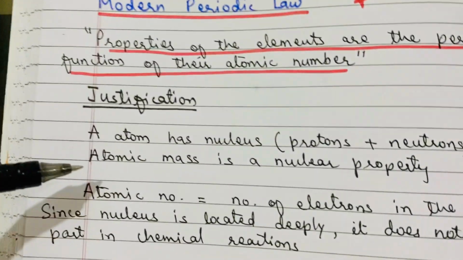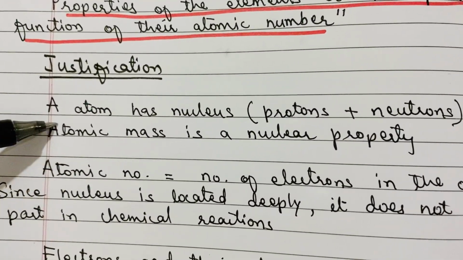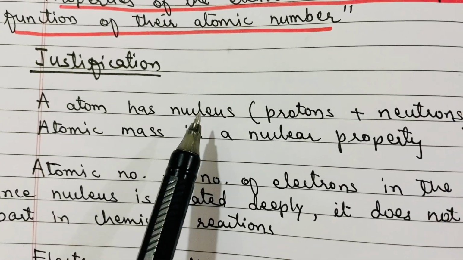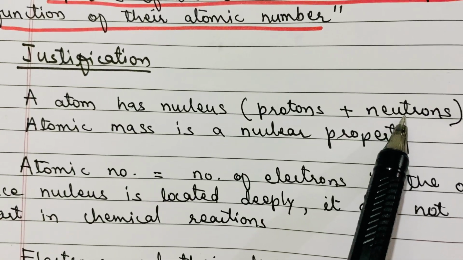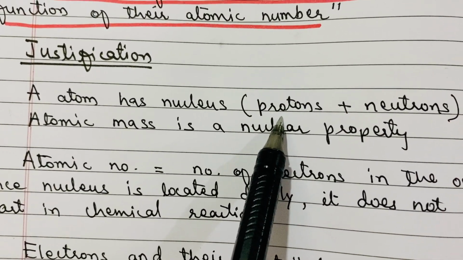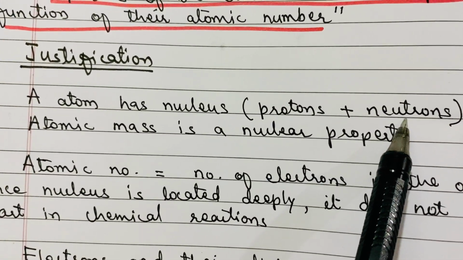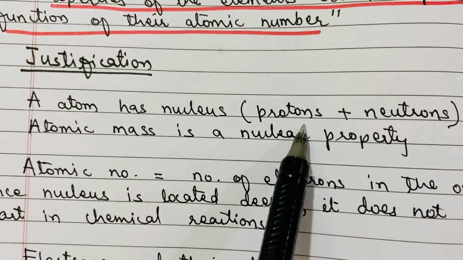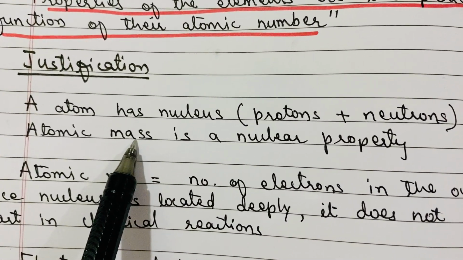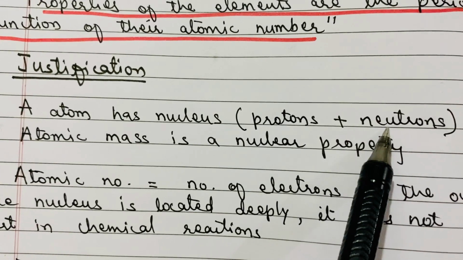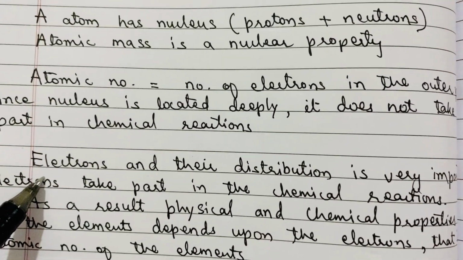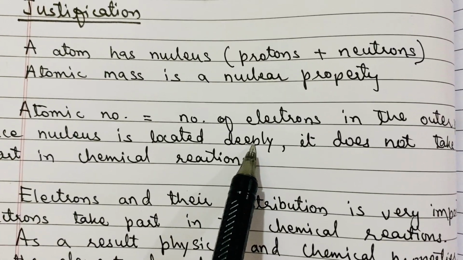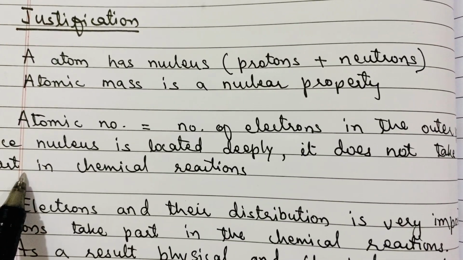Okay, so what is inside the atom? The atom has a nucleus in the center. The nucleus contains protons and neutrons. Protons are positive particles and neutrons are neutral. So the atomic mass of the atom is basically the mass of protons and the mass of neutrons. Okay, but the nucleus is located very deeply inside the atom, and it does not take part in any of the